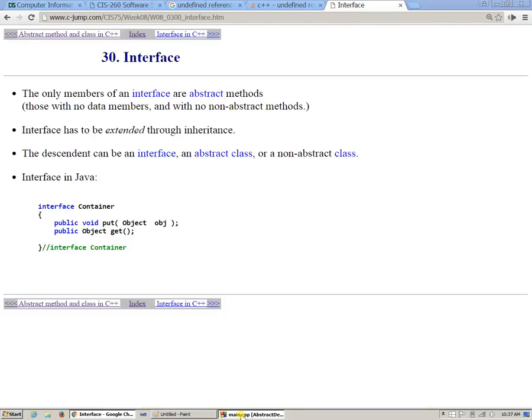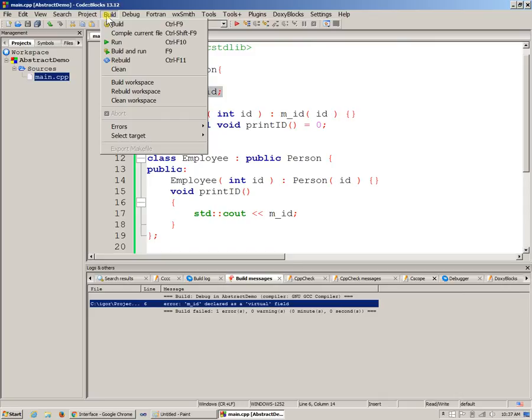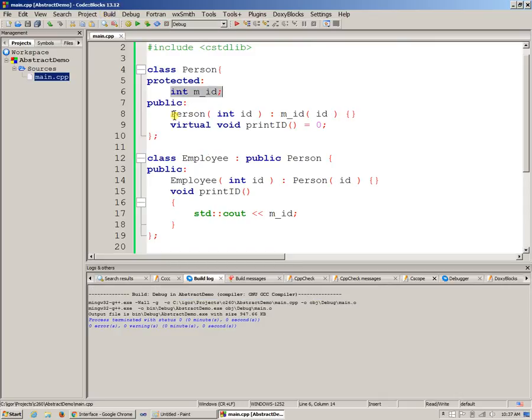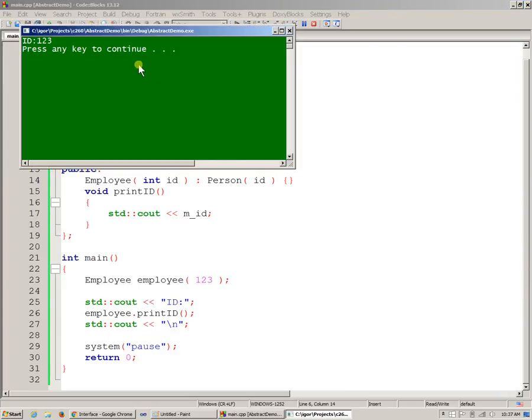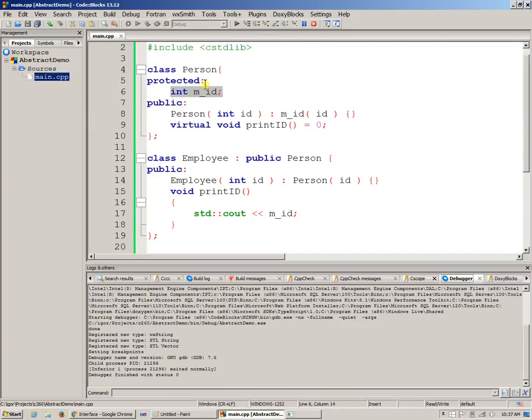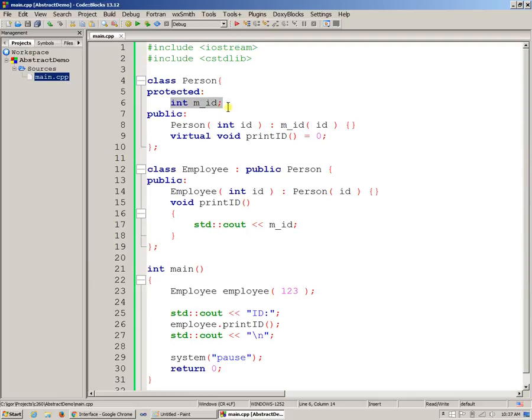So one final try to this, just with all the changes in place. Let's just build this, right, and make sure it builds and make sure that it runs, right? So everything runs. This is fine, and so this is our demo for today, which now does include the person